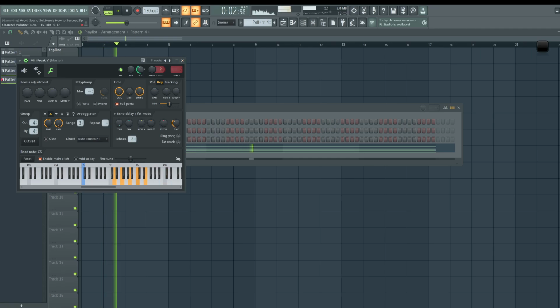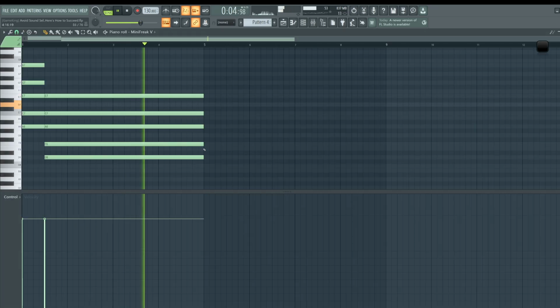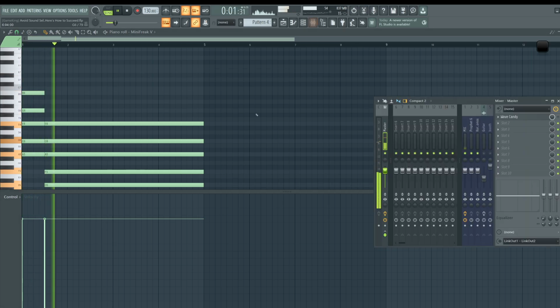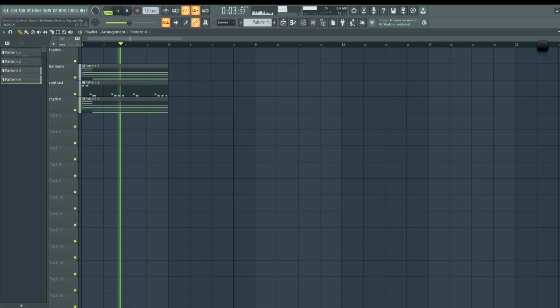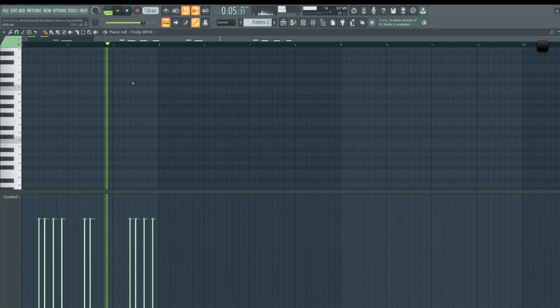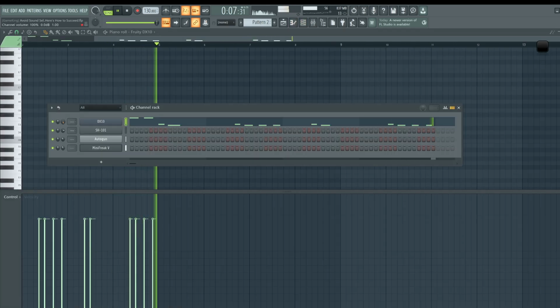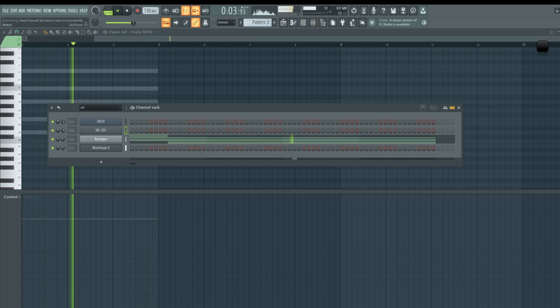Okay, so now we're creating rhythm for that chord. Okay, now it's at the top line.